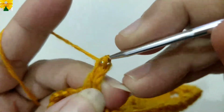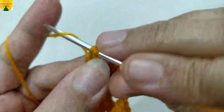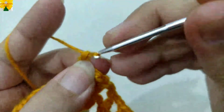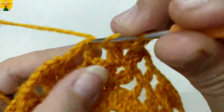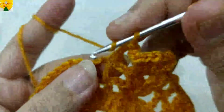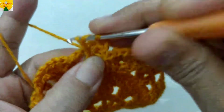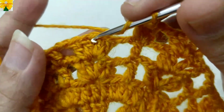double crochet 2, chain 1 for chain space, into the same chain space of 1, double crochet 1, double crochet 2, chain 2 for chain space. On the top of 1 double crochet, we have to make double crochet 1, on the top of the same stitch, double crochet 2, into the same stitch, double crochet 3, chain 2 for chain space, into the next chain